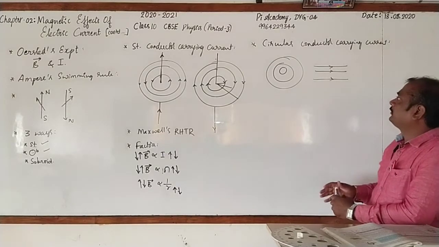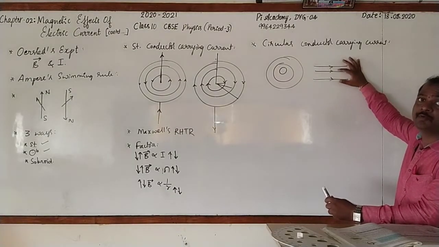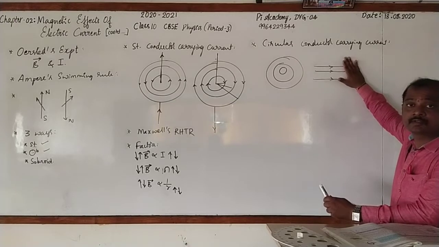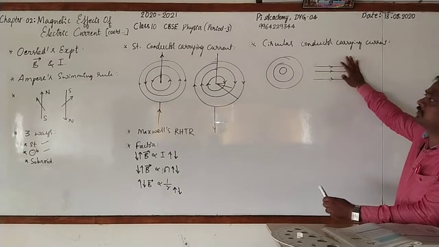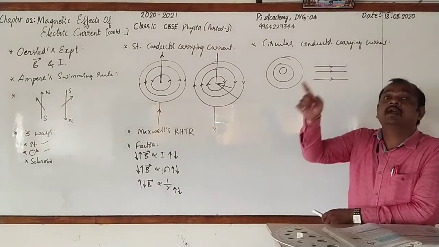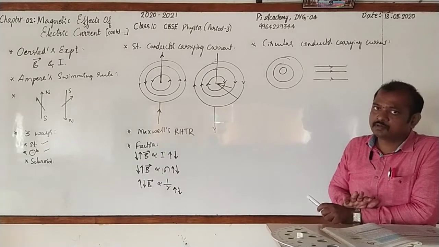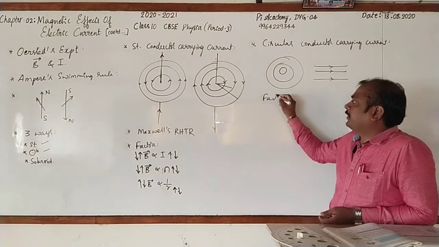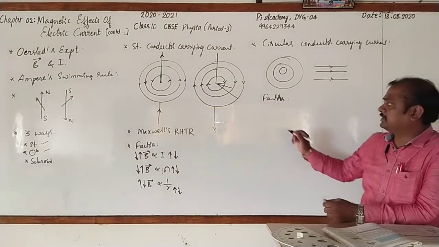Then what do you call the magnetic field if the lines of force are straight and parallel? It is called uniform magnetic field. Where is the uniform magnetic field existing in the case of a circular conductor carrying current? At the middle of the circular conductor. Here also we come across some of the important factors on which strength of the magnetic field depends.